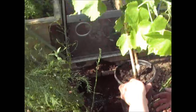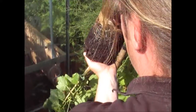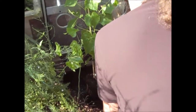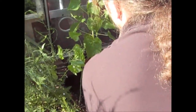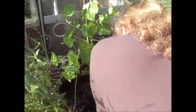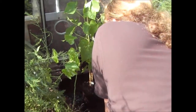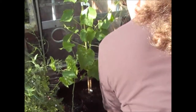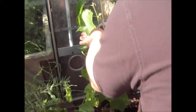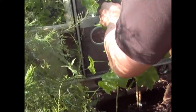So first thing I'm going to do is take it from its pot, and by putting my hand over, turning it upside down, I'm going to release it from its pot. As you can see, the roots at the bottom there will be in contact with that fungus. I'm just going to place it down just in the ground at the moment, because what I next want to do is to remove the supporting cane in there. So with a pair of scissors, I'm just going to very quickly snip the tags which are holding it up against the stick. I'm going to be really careful how I do this, because what I don't want to do is snap the rods off the grapevine. So now that's off, I'm going to pull the stick out of the way,